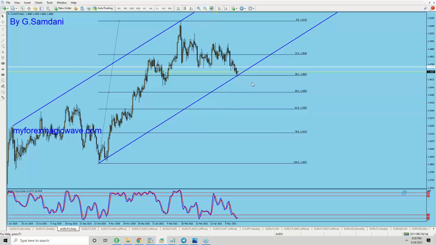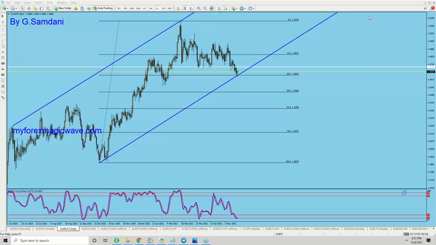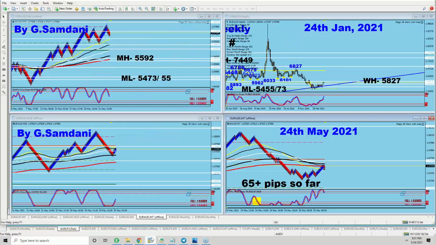I'm expecting all the things are pointing towards this trend, the possible strength coming in. This index is probably going to go up, and the Aussie dollar is going to get strong. Euro-Aussie and Pound-Aussie, where Aussie dollar is on the right hand side, will be coming down. And Aussie-yen and Aussie-USD will go up because the USD is on the left hand side. That's the whole scenario. I'm also looking at the Euro-Aussie. I'm trying to get in the Euro-Aussie from another broker, another setup I have to monitor.